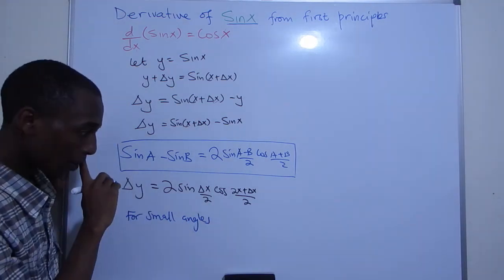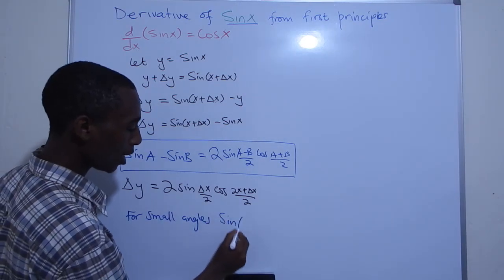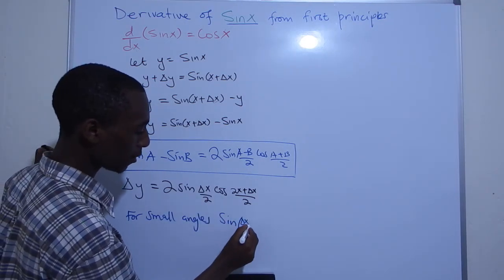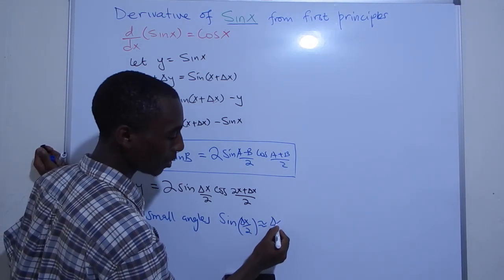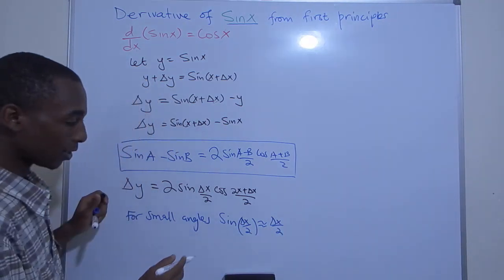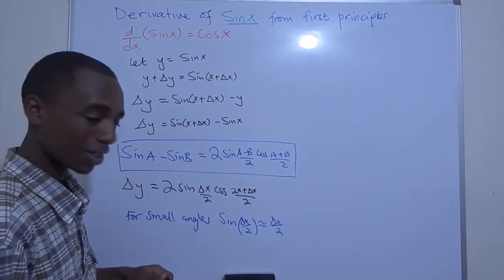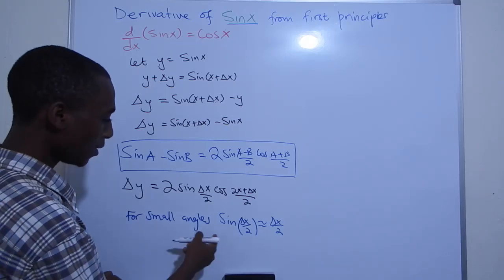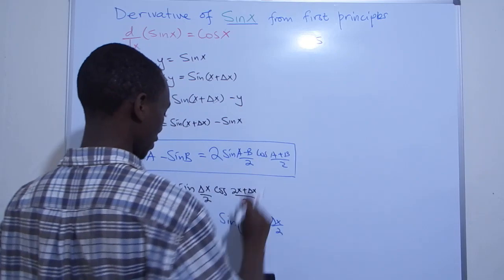we know that for small angles, this approximation works. Sine of an angle, let's say delta x over 2, is going to be approximately the same angle, delta x over 2. That works when delta x over 2 is a very small angle, approximately 0. So, using this approximation, I now have